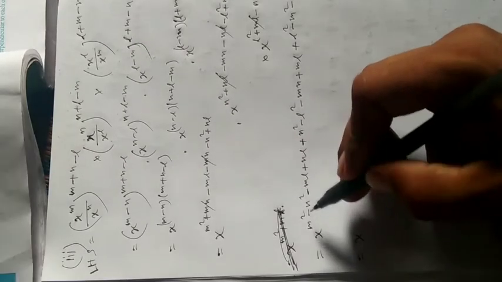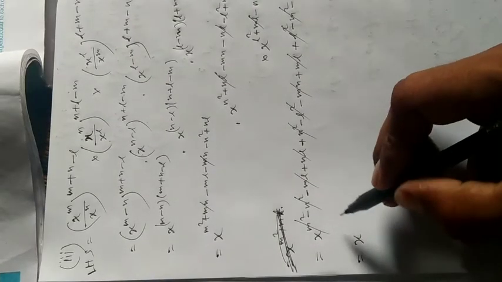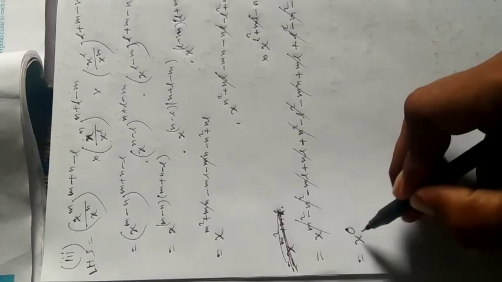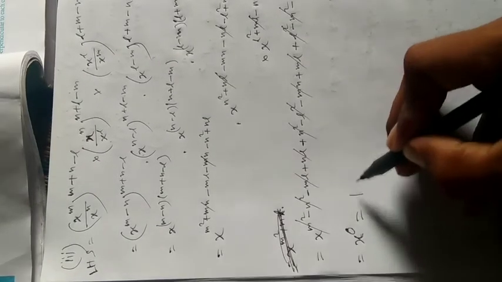Now x to the power, here plus n square, now here minus n square plus n square, ml plus ml, nl plus nl minus nl and minus L square plus L square, mn. So all the terms are cancelled. That means x to the power 0, x to the power 0 is equal to 1, which is equal to the right hand side.